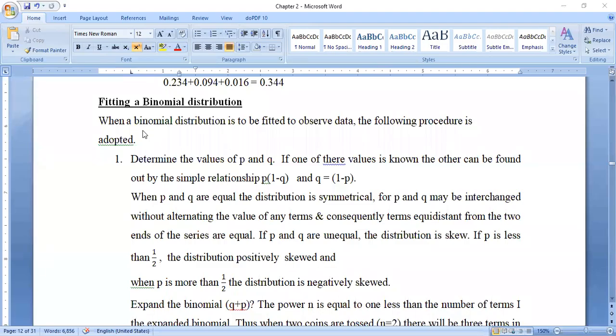This is also an important topic. We completed the binomial distribution, the basic problem, and fitting a binomial distribution problem. There are two more problems in this topic. Before we commence the problem part, first of all, we need to understand this theoretical concept: when a binomial distribution is to be fitted